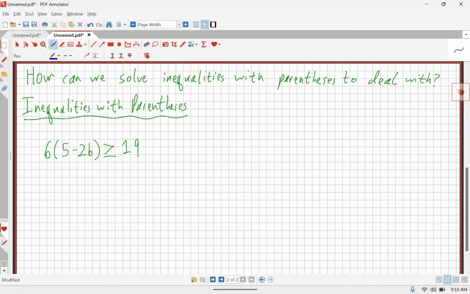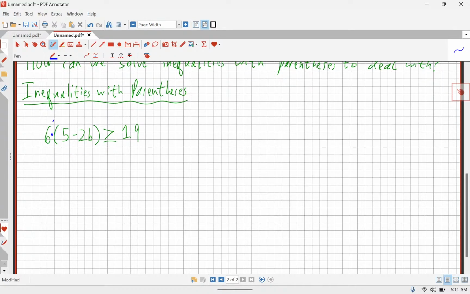Crew, what would be your first step to solving something like this? So, crew, what makes this different from the problems from our warm-up? If you look at the problems from our warm-up, what makes it different? Yeah, so we got to take care of that. Do you remember what symbol is secretly going on between the 6 and the parentheses? Yeah, so what we're going to do is we're going to multiply the stuff on the inside here by our